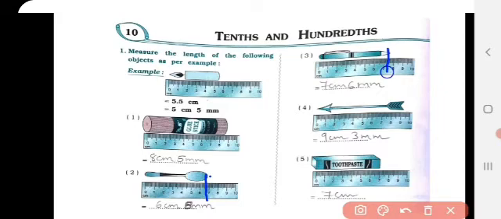An arrow is given, starting from 0 and it ends on 9 centimeter 3 millimeter. And a toothpaste is given. See, now the toothpaste we have, it starts from 0 and it ends exactly on 7 centimeter. So here we do not have a length more than 7 or less than 8. So it stops exactly on 7 centimeter. So it does not have millimeter, so you can write 7 centimeter. Hopefully this is clear to you.